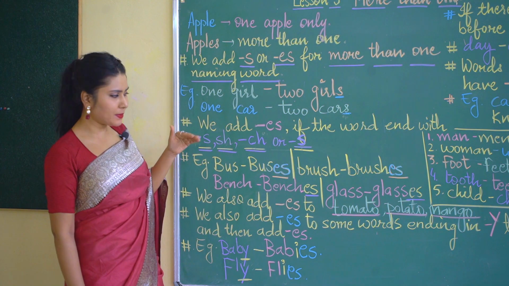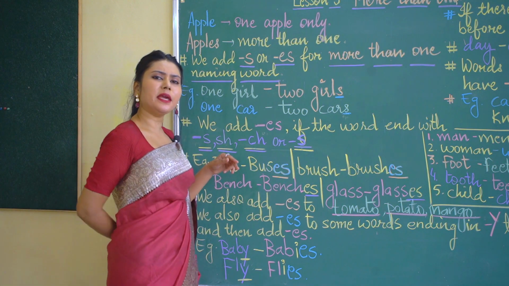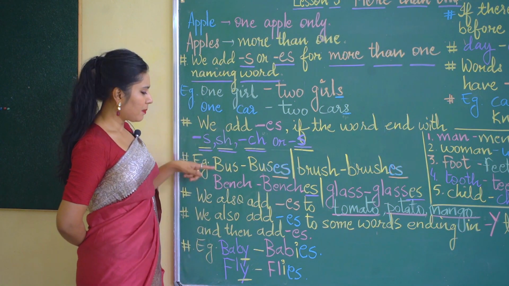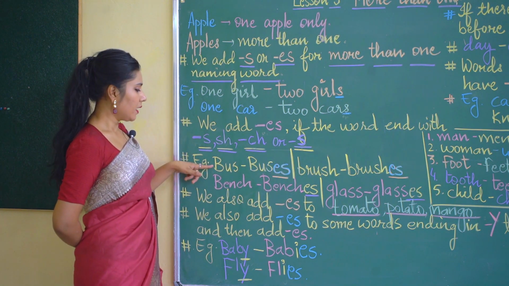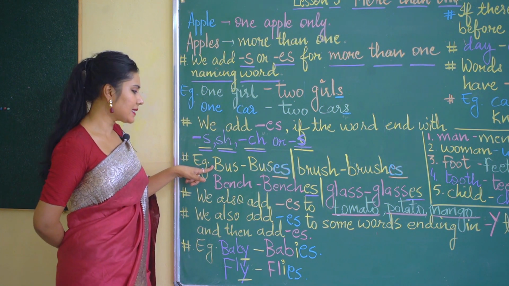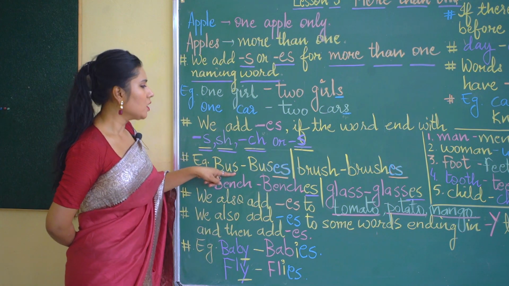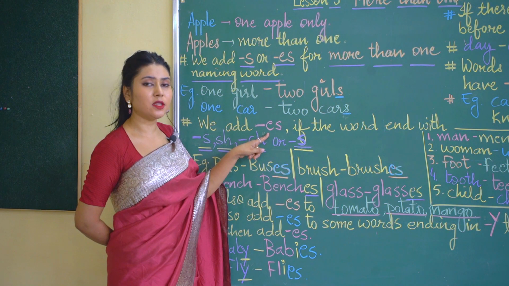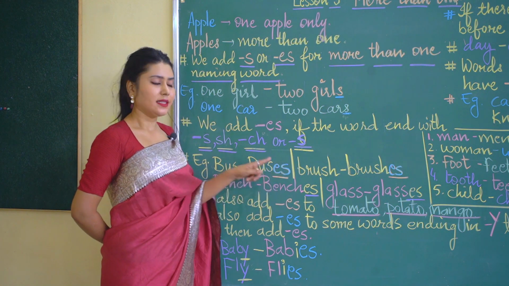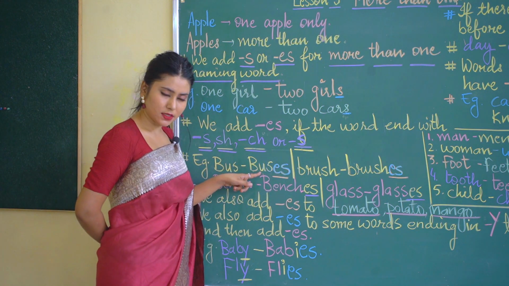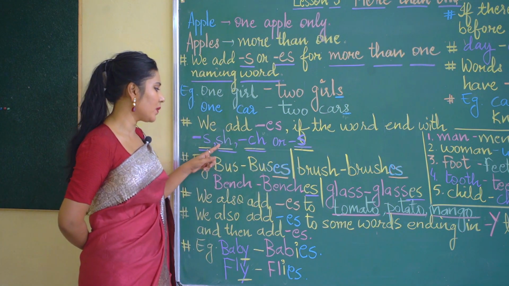We are going to solve examples related to this. Now let us take the first one. Bus. It is a simple word, bus. But children, here bus is a naming word. How? Because it is the name of a thing, as taught earlier. So bus is the naming word here, and it is ending with what? S. Can you see S here? So if it's ending with S, you will have to add ES in the plural form. That means bus, and then you will add ES. That's how bus becomes buses. You understand? Now the second word that we take is if your naming word ends with SH.